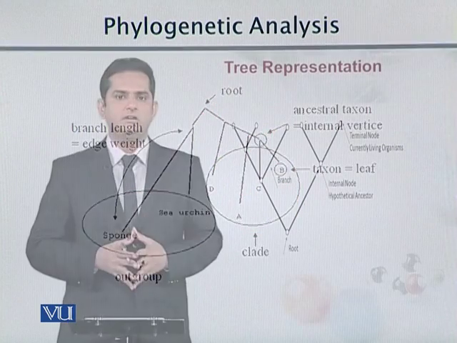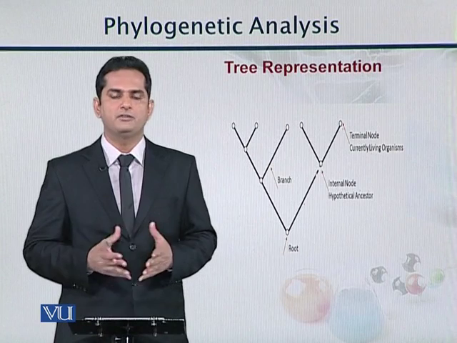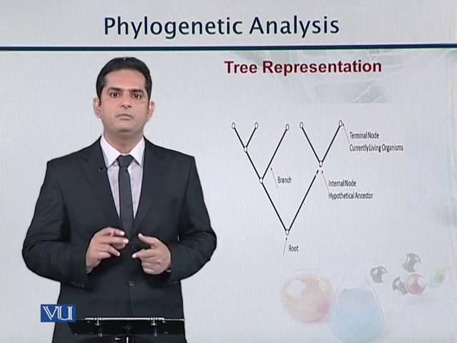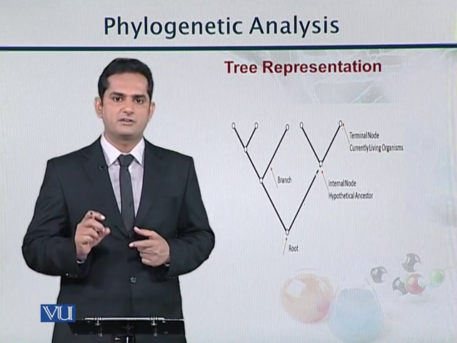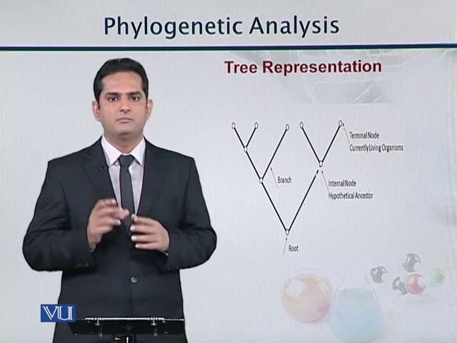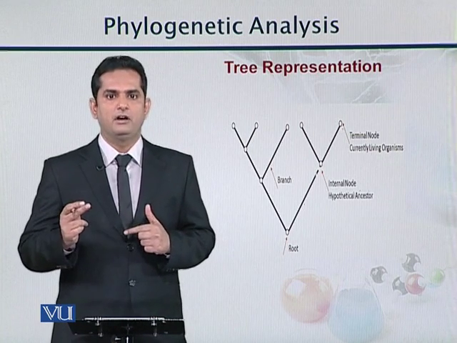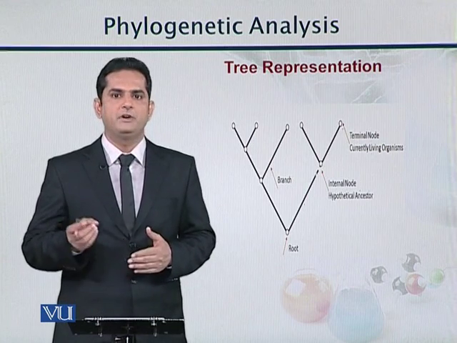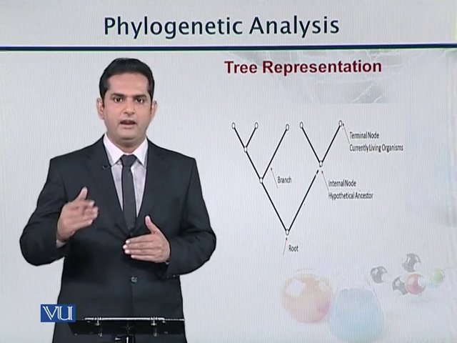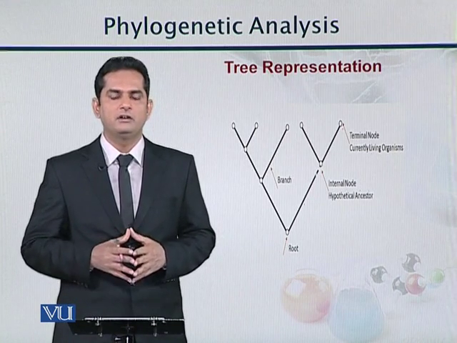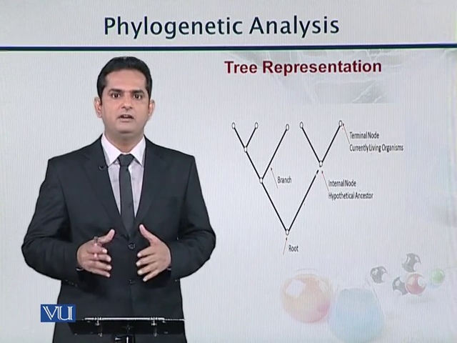Here I have given a figure for tree representation. As we all know, for a tree, because it is hierarchical information, there should be one root node which is the ancestor for all the other nodes, which is shown as the root here. Then we have a branch. A branch is an edge which connects two nodes. Then we have an internal node, which is between the root node and the leaf nodes. And finally we have terminal nodes or leaf nodes, which are organisms living at current times.